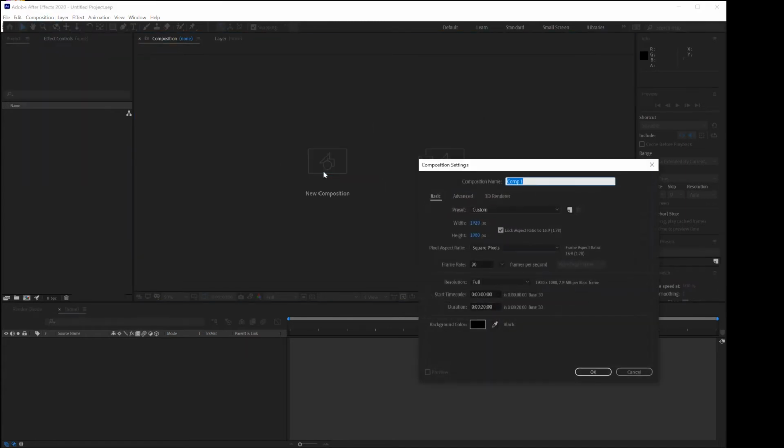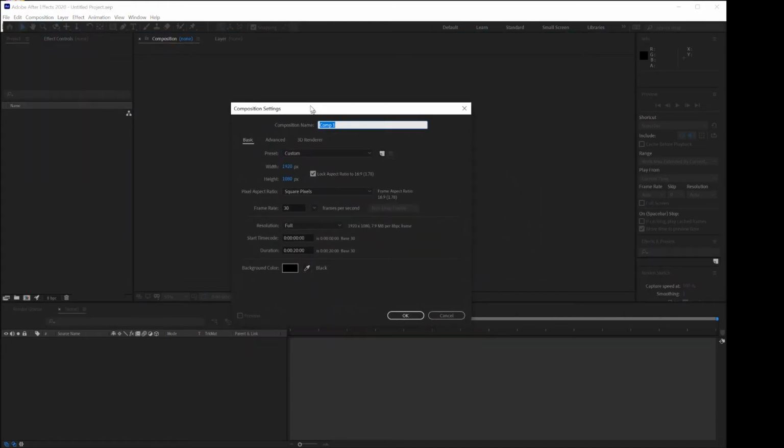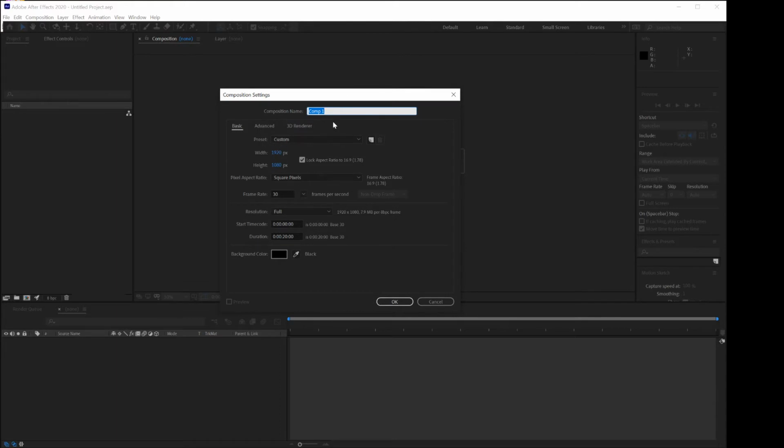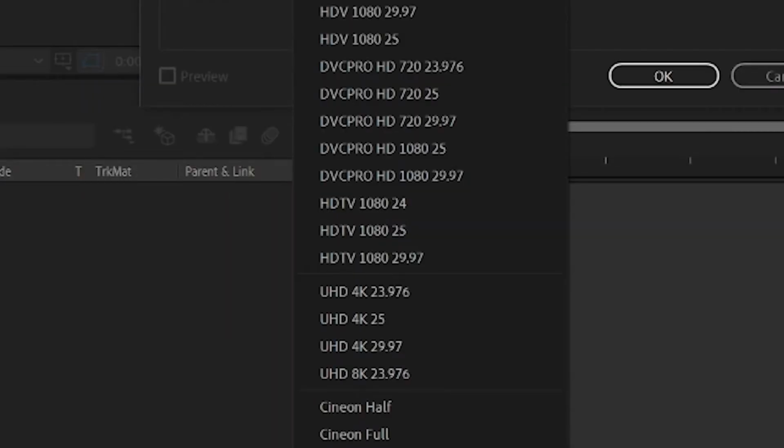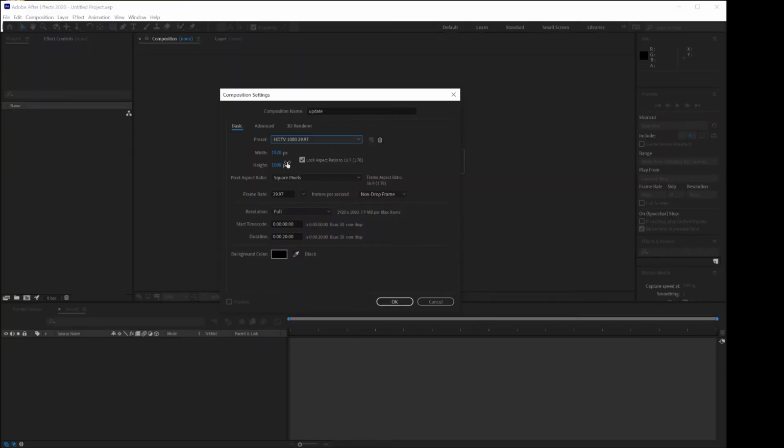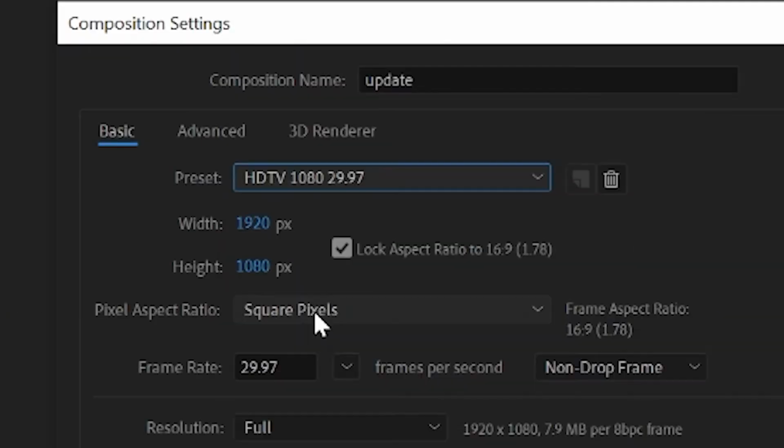Clicking this button, you select the composition size. First, I'm going to give it a name. I'm giving it the name of Update. You have presets here. And I'm going to go down to HD TV at 1080, which is 1920 by 1080 at 29.97 frames per second, which gives you 1920 by 1080 square pixels